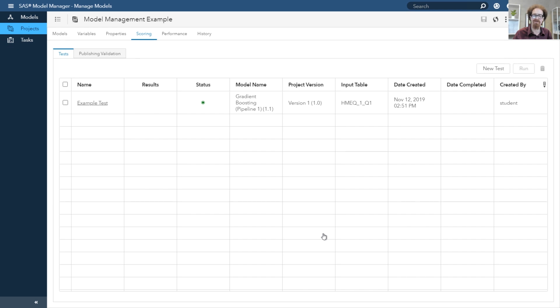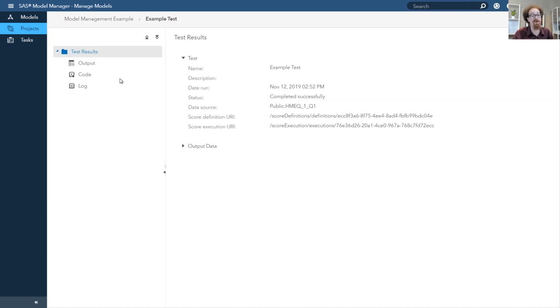I think of this test sort of serving two purposes. One, it tests that your model actually worked and that it can score. And it also tests to show you what the output is going to look like so that you can see how it works in Model Manager. So I'll click Run to run the test. Once the test is finished running, we can examine the results, which is just going to be the original input table that we gave it along with the predicted probabilities. So if I click Output,